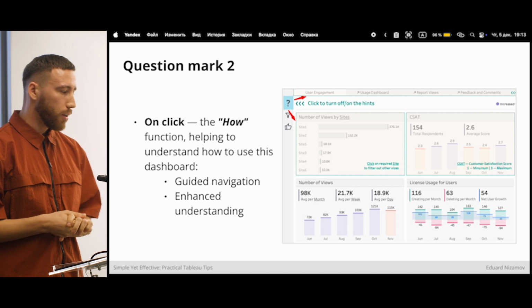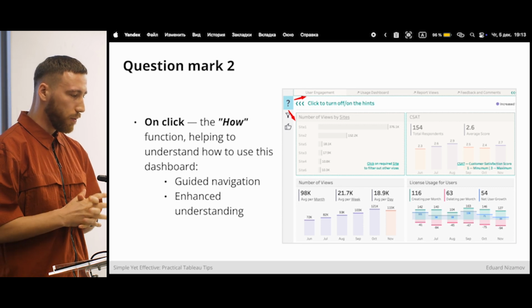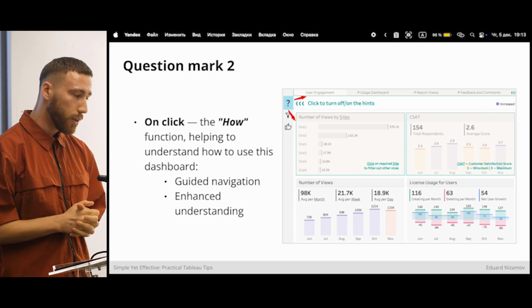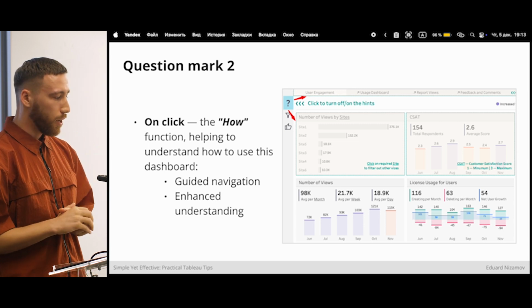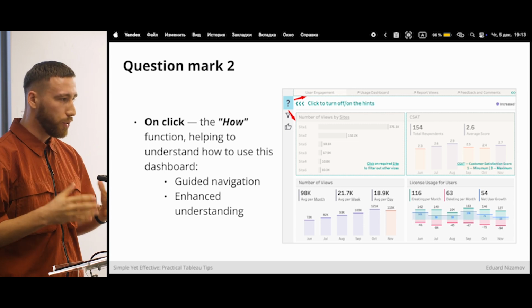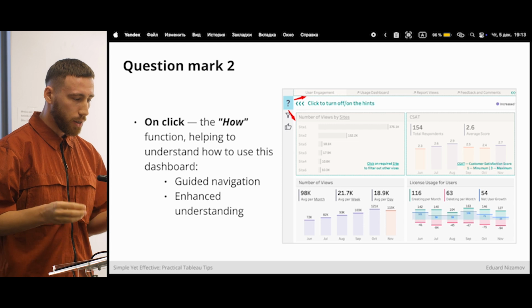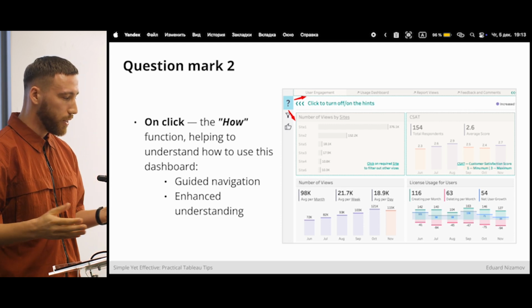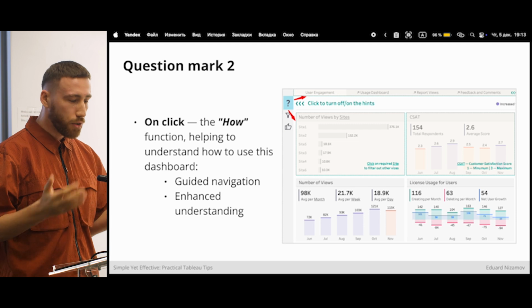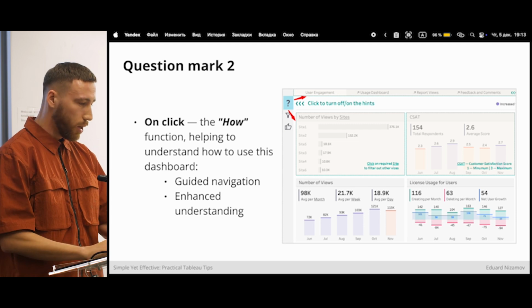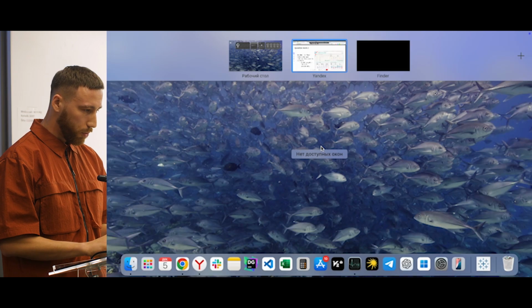The second function of this question mark, how we use it, it's the how function. It works on click, which helps to understand how to use this dashboard. You can use it as a guided navigation for your users, and it helps to enhance the understanding of this dashboard. Here I will show you